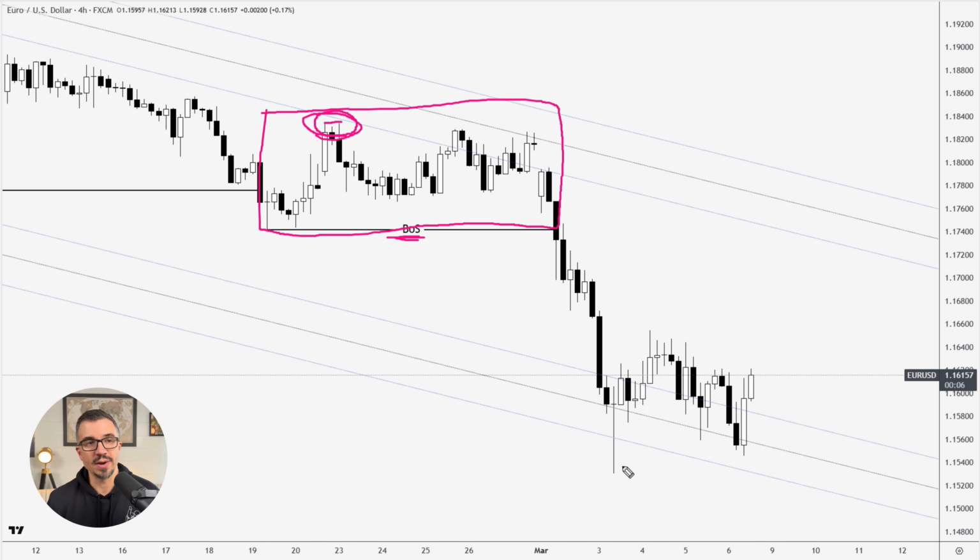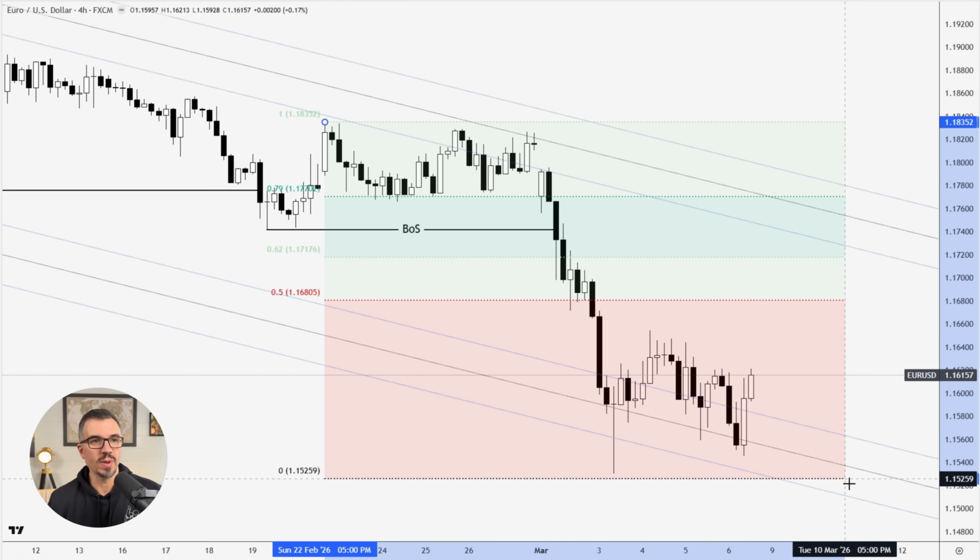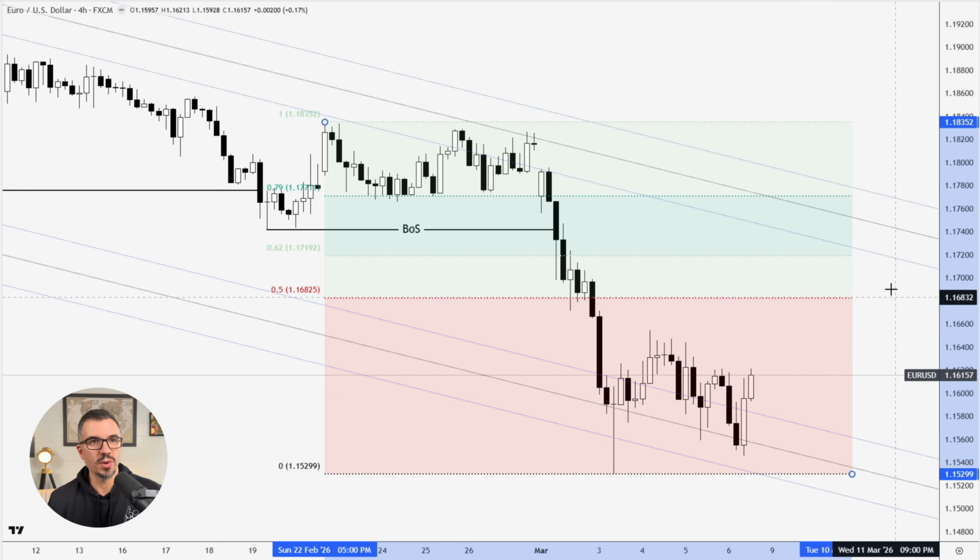And we know that this down here is now our external low because even though we haven't really bounced much here, we do have the euro coming off of this area. So tentatively, we can use this as our external low. Now that matters because when we go to draw our fibs here, we have this high up here, we have this low down here. And what you'll notice is that OTE also lines up with an imbalance